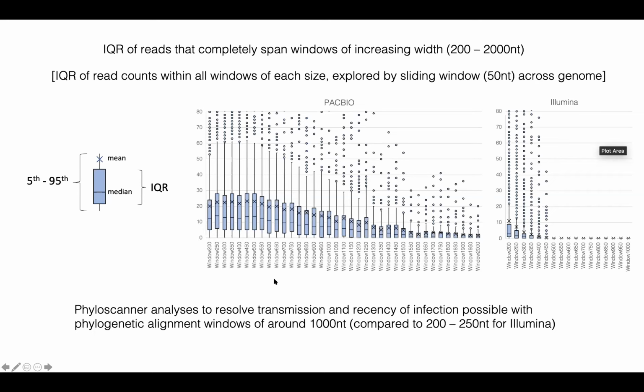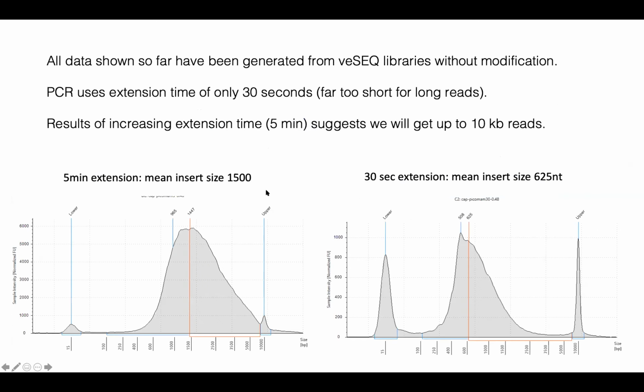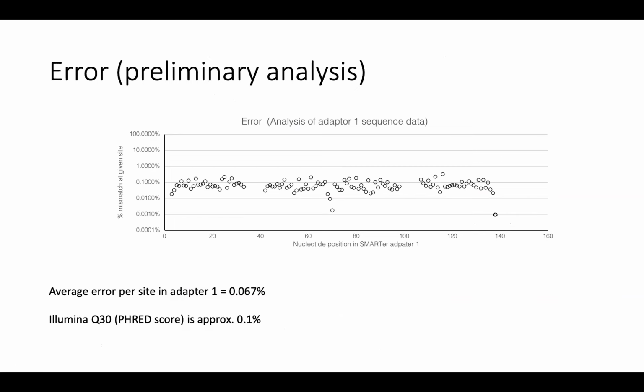Yeah, I can. And we were able to get similar amounts of data with longer reads for PacBio. So very briefly, this is ongoing work to increase the size distribution of the libraries that we generate with vSeq. And by increasing the PCR extension times, we're starting to get peaks now in the 10 kilobase range, which for HIV would be the whole genome range for sequencing. We've done some work on error. We need to do a bit more, but